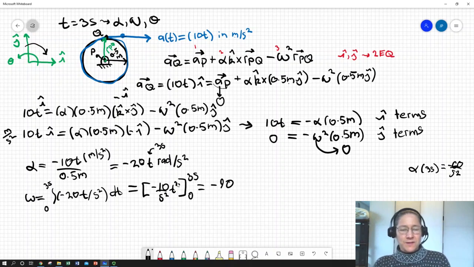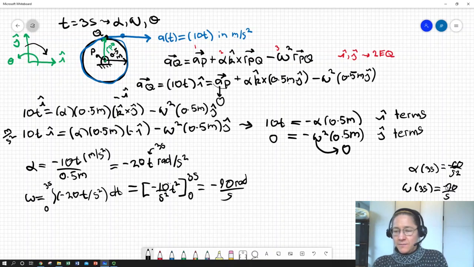I forgot. We're just going to have to ignore the units. This will end up being in 90 radians per second. I haven't faithfully reproduced the units. That's why I like putting them on the coefficient. We know it's going to be in radians per second because it's an angular velocity, and again it's going the opposite way, so we have our omega at 3 seconds equals negative 90